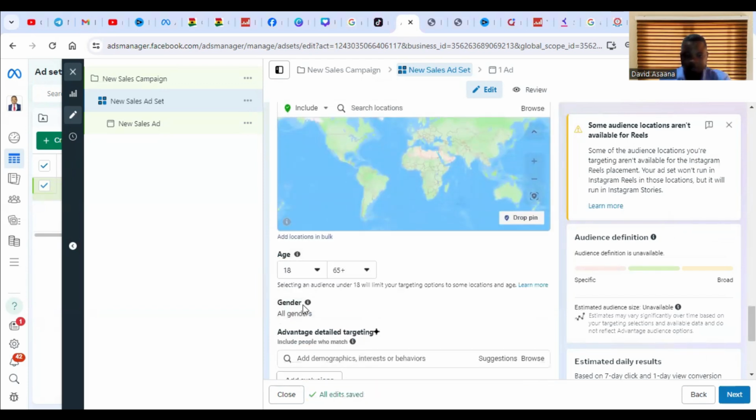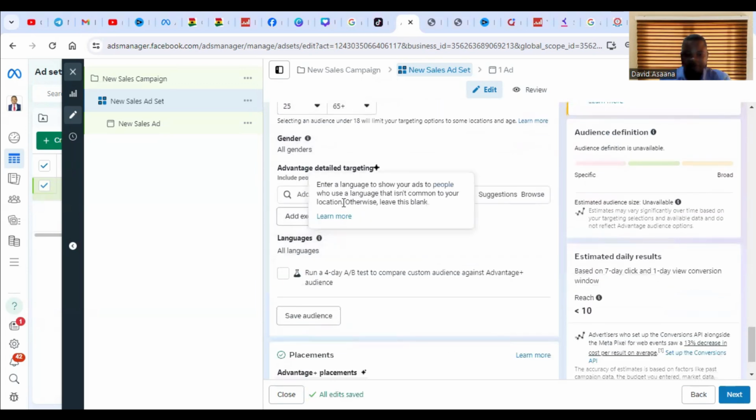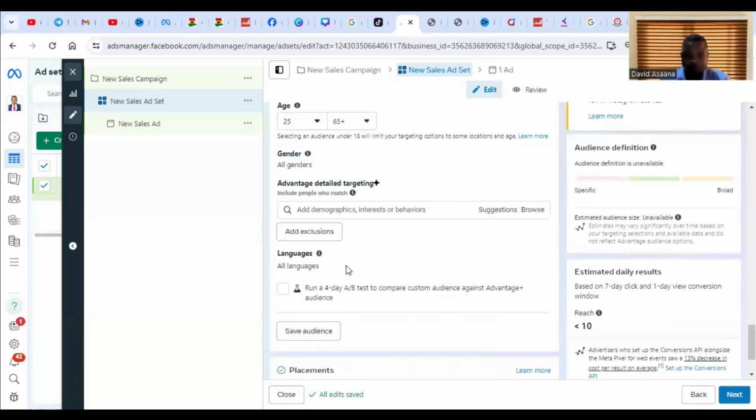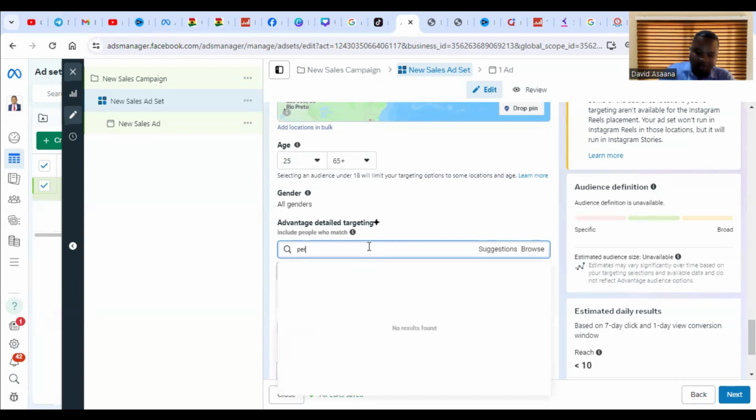Normally I also advise you to increase the age. It depends on what you're selling, but most of the time, people below 25 years are going to waste your money. So I've increased the age to 25 and above. And then there are detailed targeting selections here. That is the interest that the people are going to show, whatever the people are interested in. So for example, if they are interested in books, personal development and all that, you can target those ones here as well. So for example, personal development